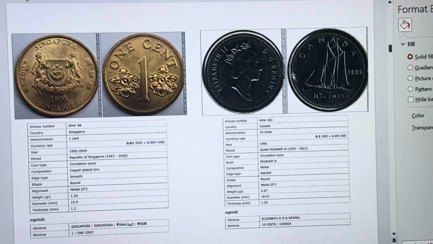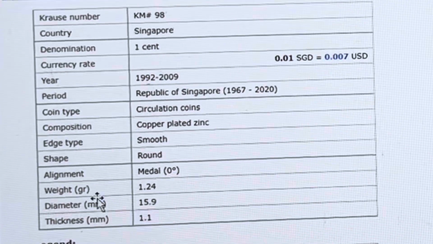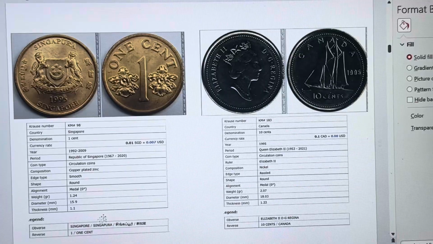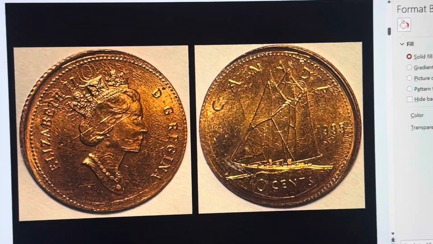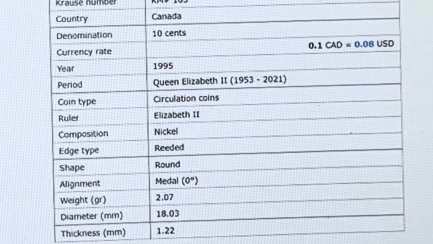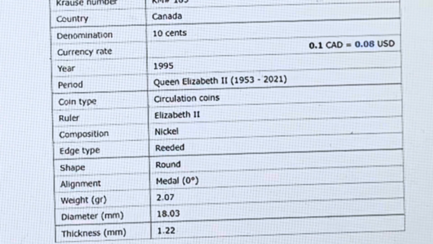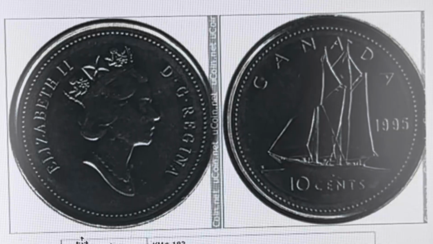But now here's the stats on a Singapore penny. A Singapore penny weighs 1.24. I weighed this, and it was 1.24. So it is a Singapore penny, because this dime does not weigh 2.07. Okay, so the rest of this video, I'm going to show you the collection that he brought